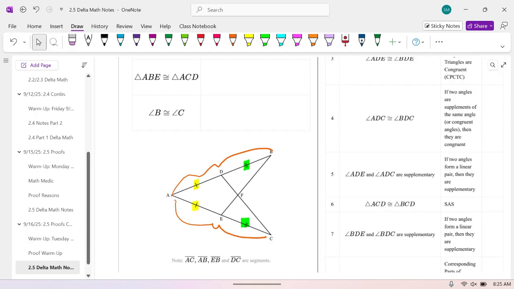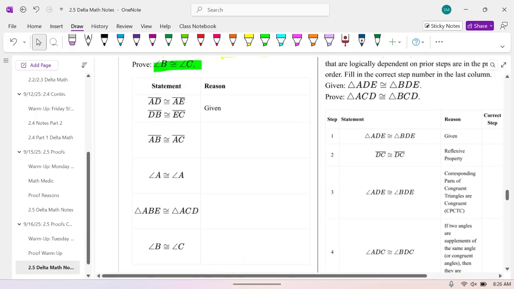So this specifically, if you want to put a name to it, if you look at your green sheet from yesterday, all right,